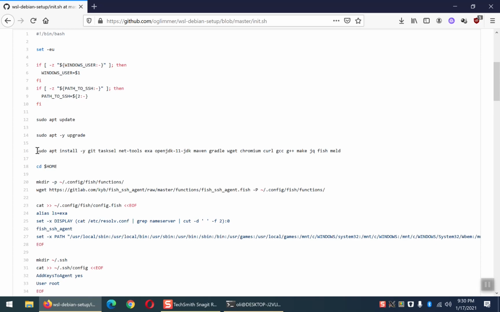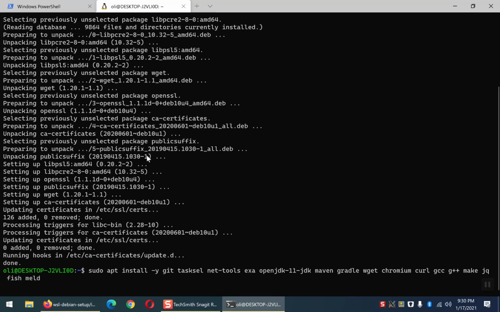So the first thing we want to do is install software here. So let's copy that out, but let's look at those things we want to install before we execute the command. Okay, Git is Git, everyone knows that. TaskCell is a tool to install the GNOME setup in a couple of minutes. It's super handy, therefore